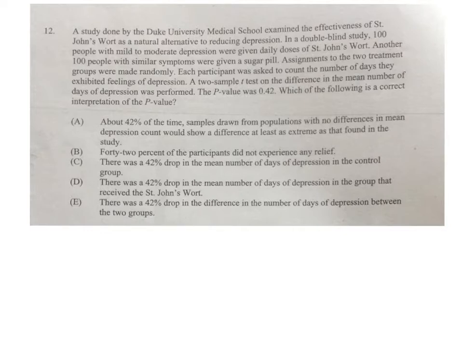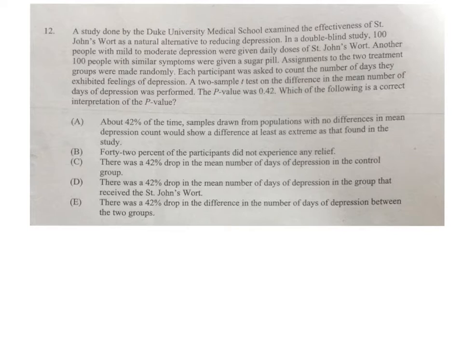Okay, so let's see. They're going to use St. John's wort to reduce depression. Now, it looks like the 100 people take St. John's wort and then they take another thing. So it's the same person that's doing this thing. That's why they're going to do a 2-sample t-test. You would put the results into list 1 and the other results into list 2, subtract them, and use list 3 for your test. But anyway,